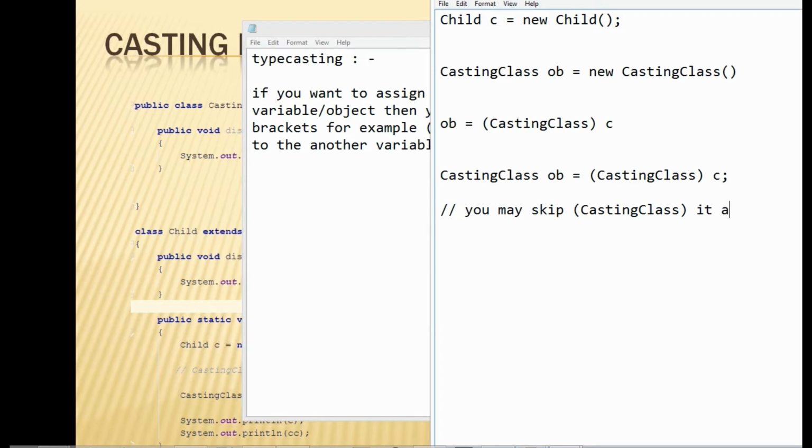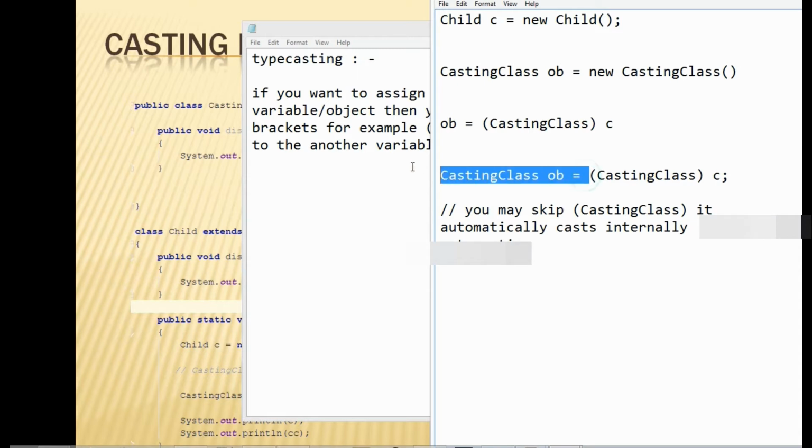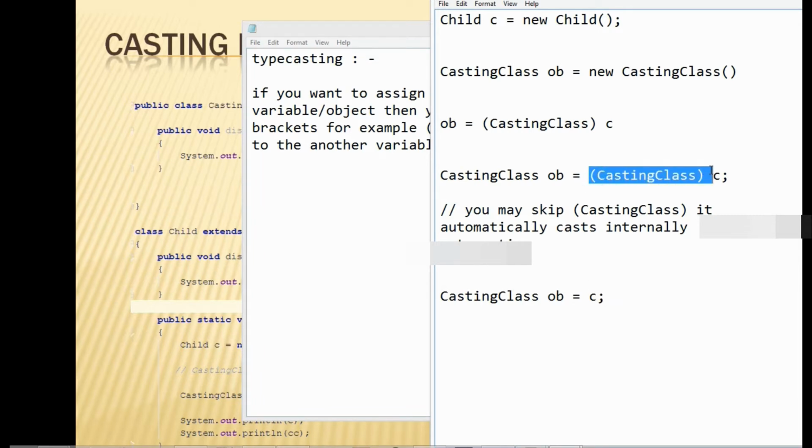It automatically casts. It automatically cast internally. Okay, so even if you directly write, this happens only in the class, right? So even if you write like this, many times you can assign it like this, right? So this happens internally,